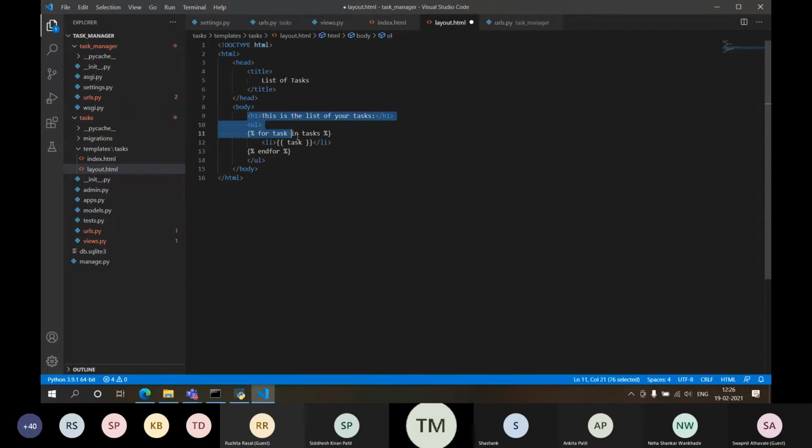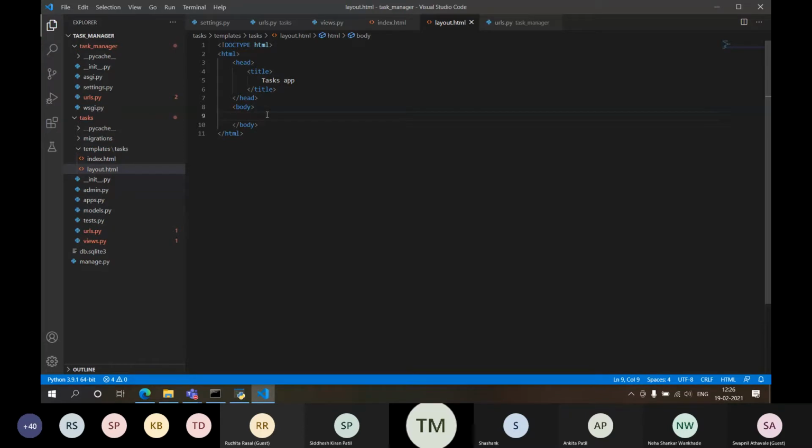Now, this is the part which I want to be changed every time. Okay, means a list of tasks, or let's say this will be the task app. I'm giving a title of the page. And inside body, when I want to see the task list, I should get the task list over here. If I want to add a task, I should get a form over here inside the body.